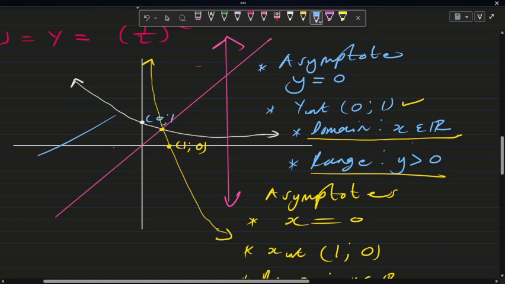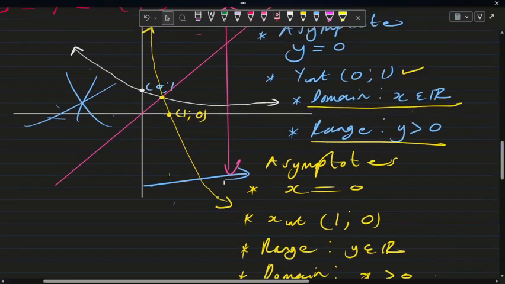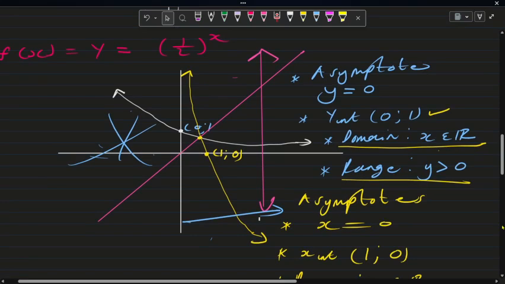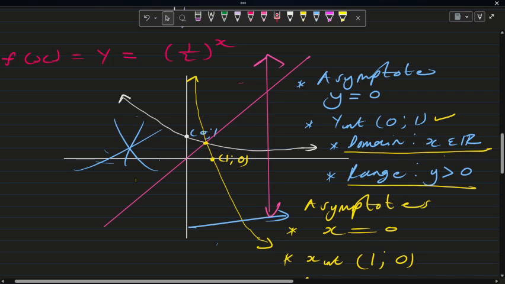But if we look at the x values, we can see that there's no graph around this point. The yellow graph does not exist there, so the graph is limited to values greater than 0, between 0 and positive infinity. That is the domain of the inverse function. It is very important to note that the swapping or interchanging of x and y doesn't just apply to the points, but applies to everything. It applies to the asymptote, it